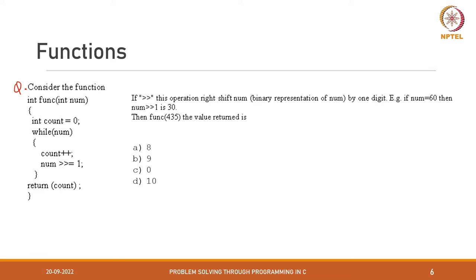Okay, so the next question is regarding this right shift operator. You don't need to think much about the right shift operator here. What it does is it will shift the binary representation of the number by the amount mentioned here. So we are calling 435. Let us first convert that to binary, shall we? So we have 2, we have 217, right? Yeah, 217. This is 1,